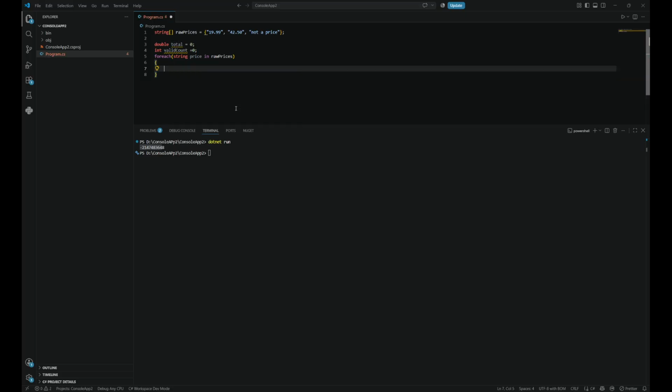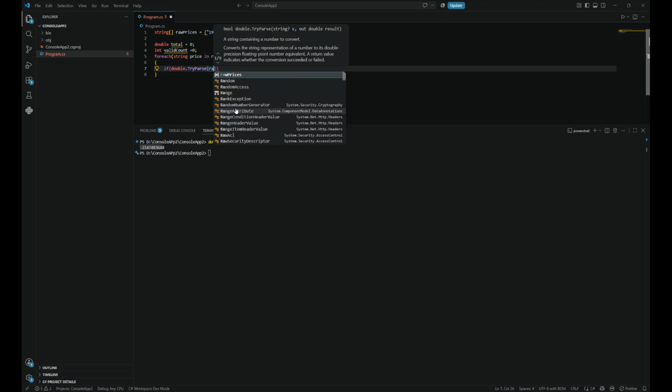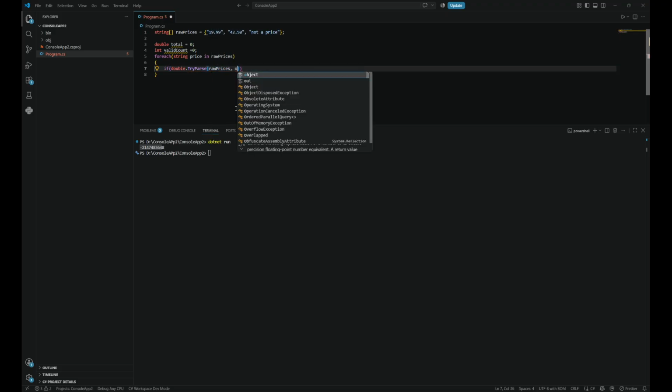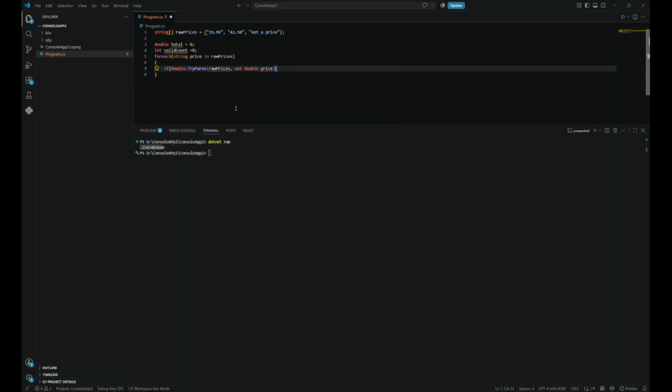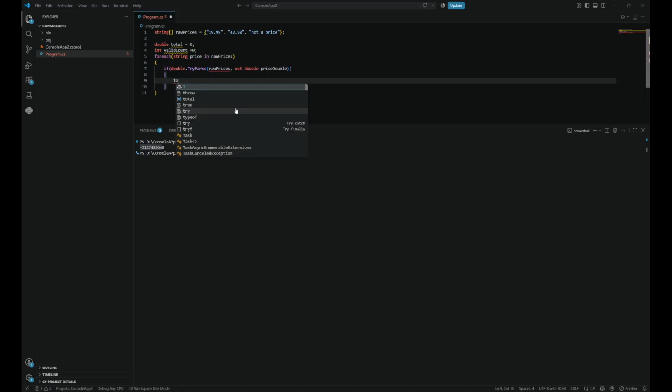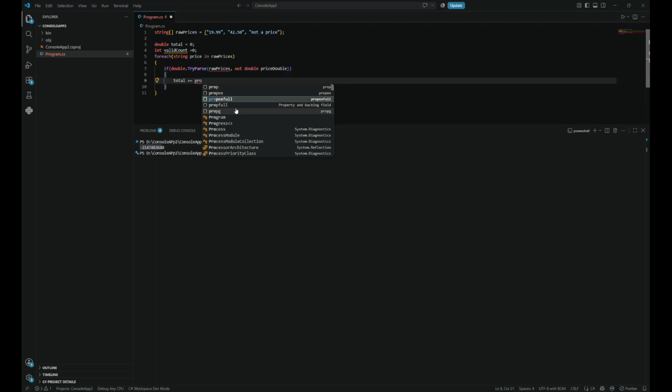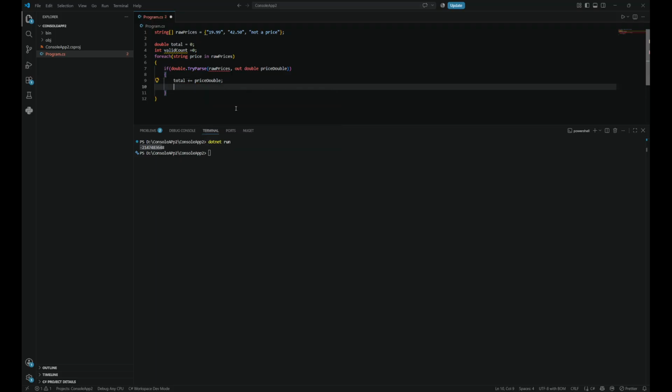Oops, before that we need to check if double.TryParse(price, out double priceDouble), and then here total plus equals priceDouble, and validCount plus plus,